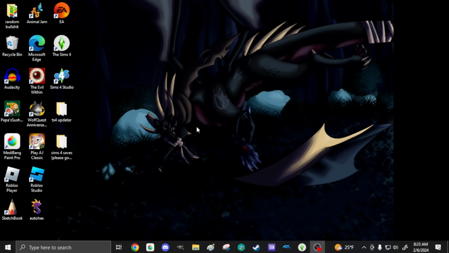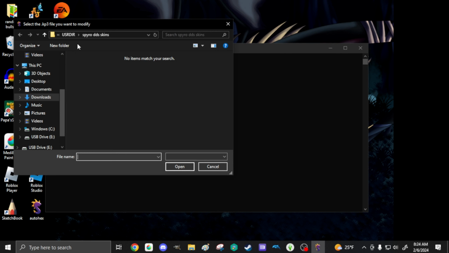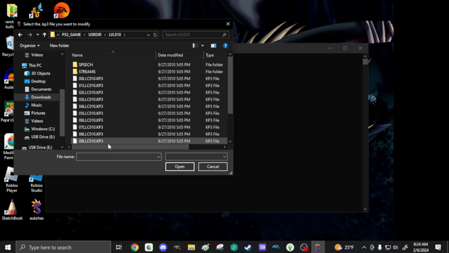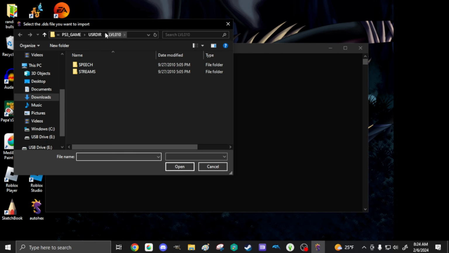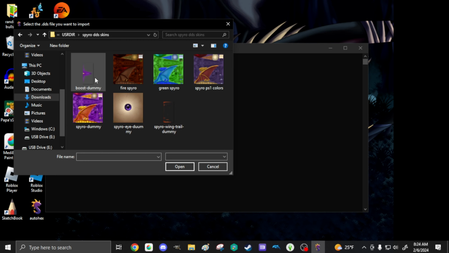So once you're done with that little step, you're going to go to AutoHex. I almost said audio. Open that up, and it should just open up what you need to. So you have to go through each level individually and replace them like that, which I realize is kind of a pain, but this is the easiest way I know of at the moment. So let's say I just want to replace this level, which is level 1. Go back here, and then